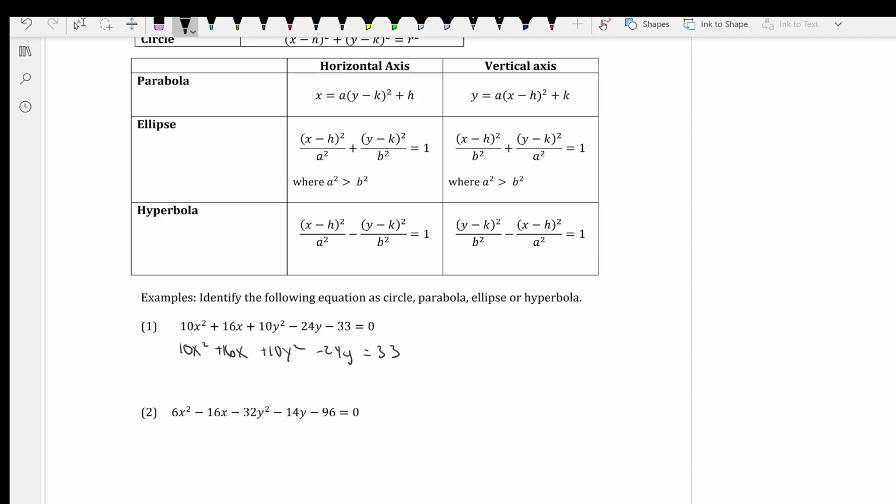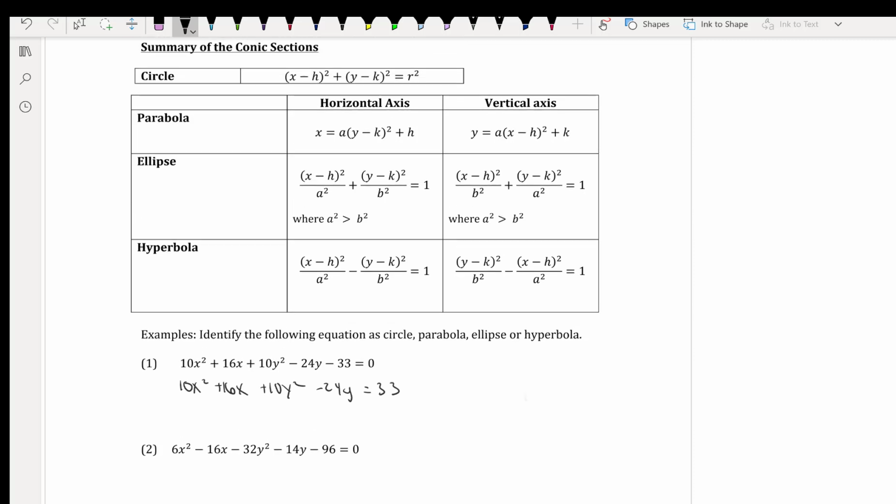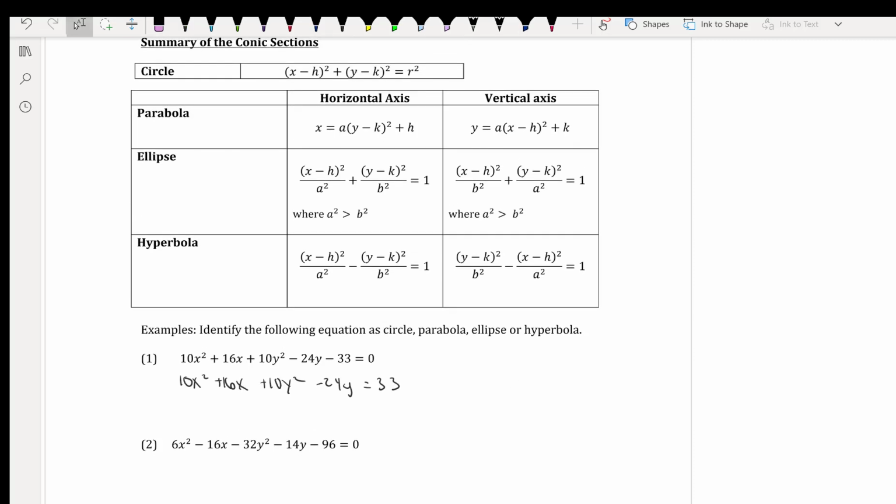So from this equation, I can see that both the x squared and the y squared are both positive. So if I'm thinking about the hyperbola, it can't be the hyperbola because both the x